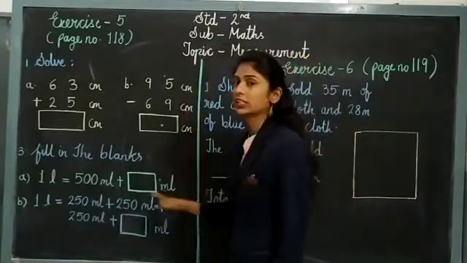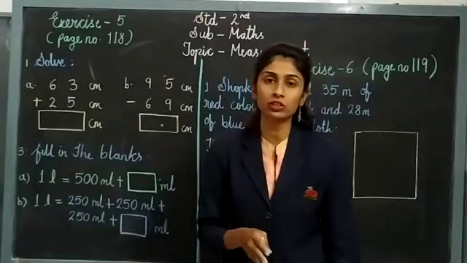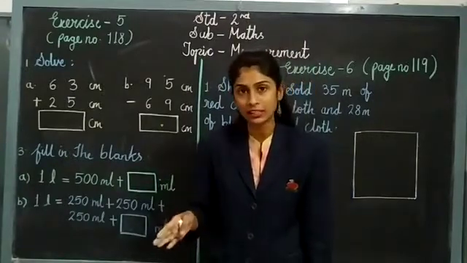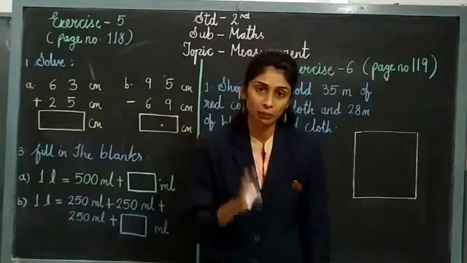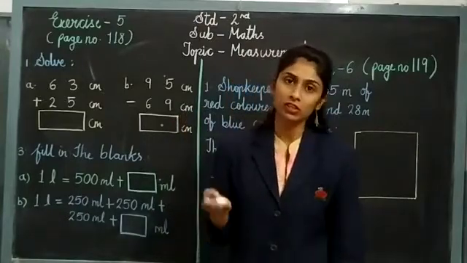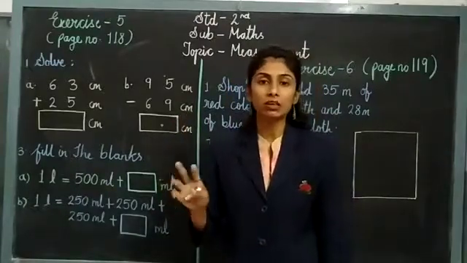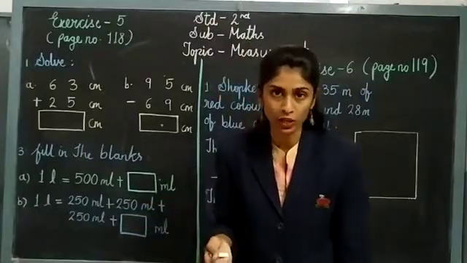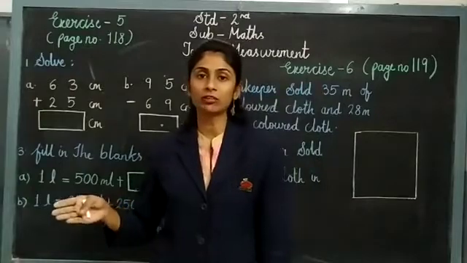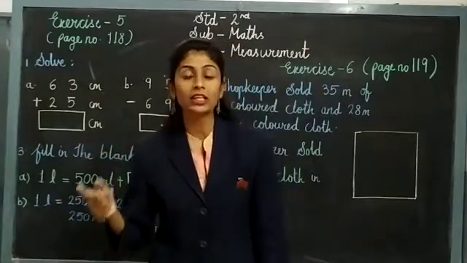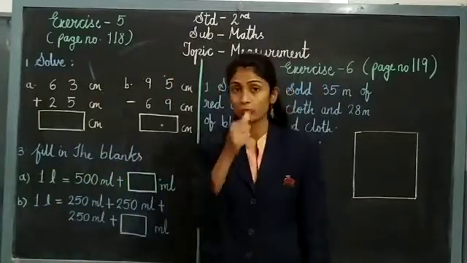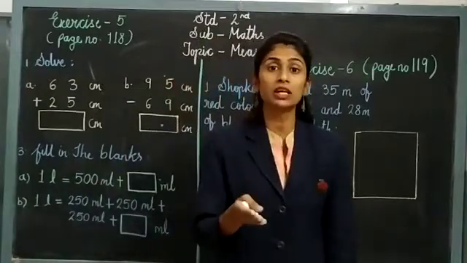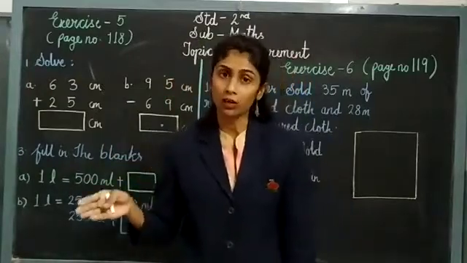In this lesson, in our previous videos children, we have learned three important things: how to measure length, then how to measure capacity, and how to measure weight. In all three measurements we have seen different kinds of units also, like meter and centimeter we use to measure length, then gram and kilogram we use to measure weight, and then milliliter and liter we use for measuring the capacity.